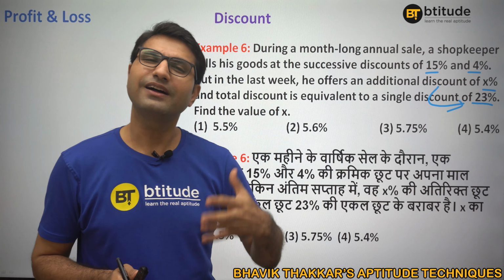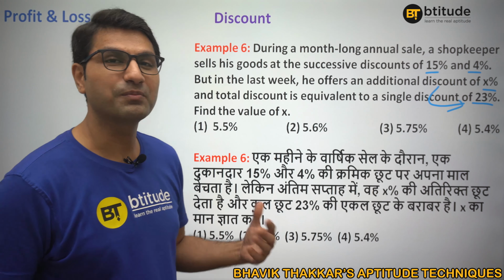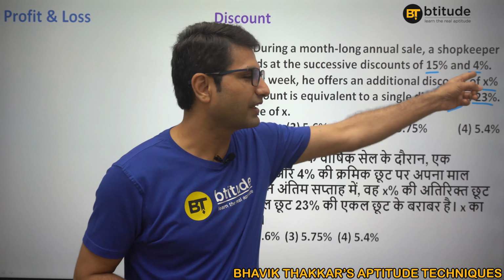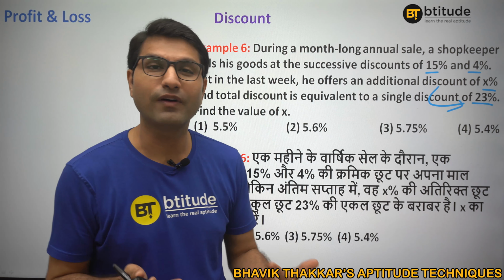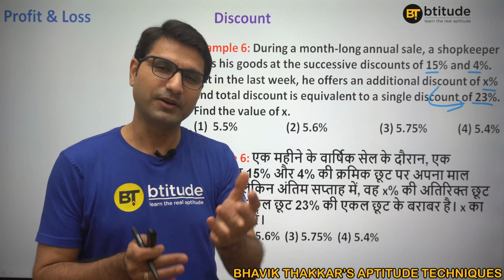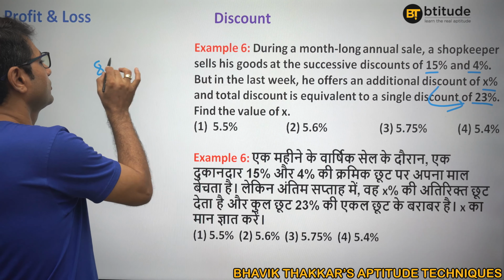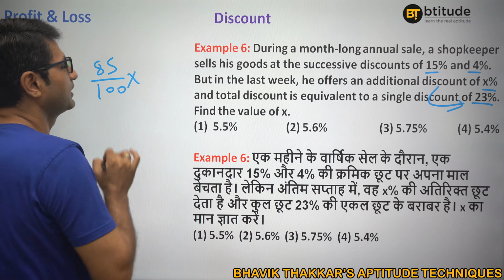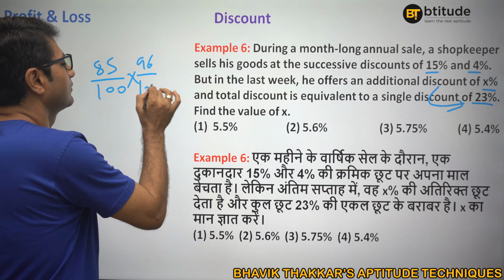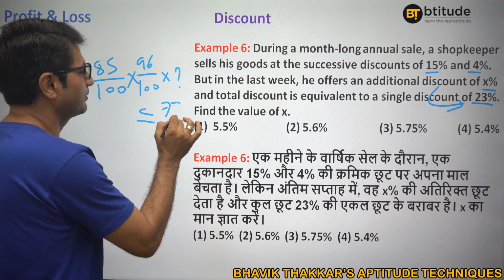So that would be a longer method. So why would I use it? Replica should be the best one, because in replica I can understand, I can calculate a bit and I can get the answer. They are not in decimals, right? Multiplying factor I wouldn't go with. Why? Because for this 23%, we don't have any fraction. You can actually do this: 15% discount means your value is 85 by 100 multiplied by 4% discount means 96 by 100. We don't know this one, and overall it is equal to 77 by 100.